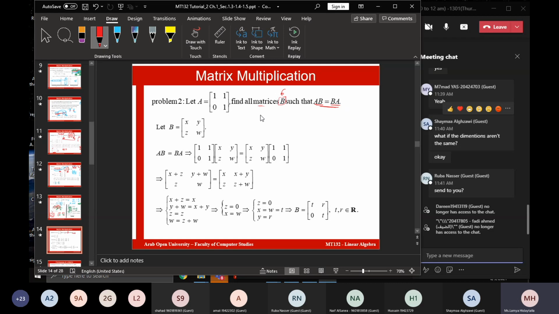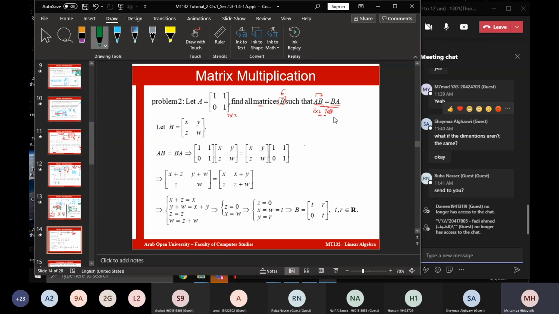Okay. To solve this kind of problem I'm going to assume a matrix B. But what dimension should B have? We have A with dimension 2 times 2. To have the multiplication defined, that means I should have here 2 times something. I don't know it for this one. This one times anything, but this should be a 2 like that. So this defines A times B. Now to define